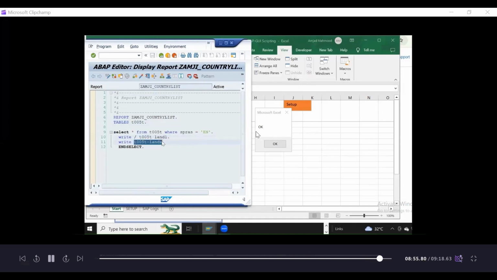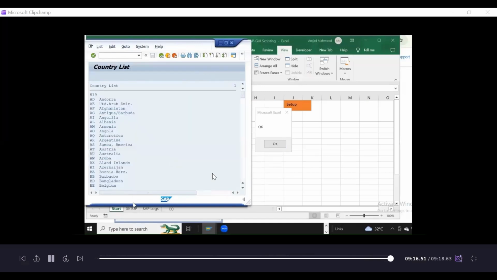While this OK is not pressed, once it is open, it means you are free. You have completed your job. So before pressing OK, you can do all those ABAP jobs, like execution of